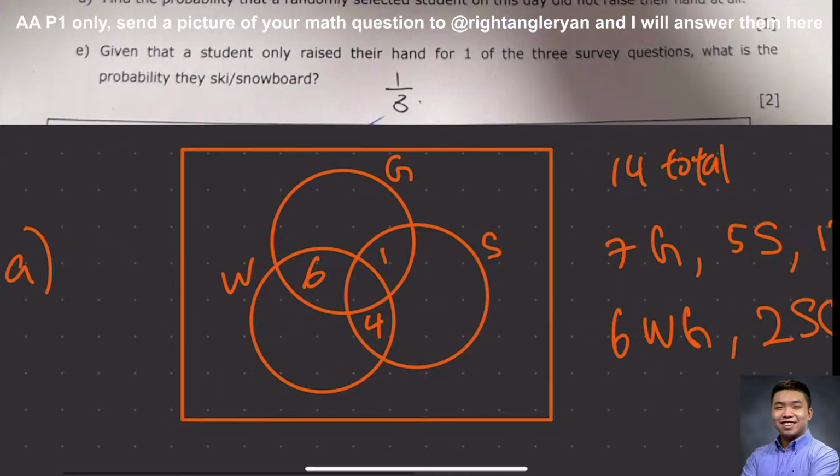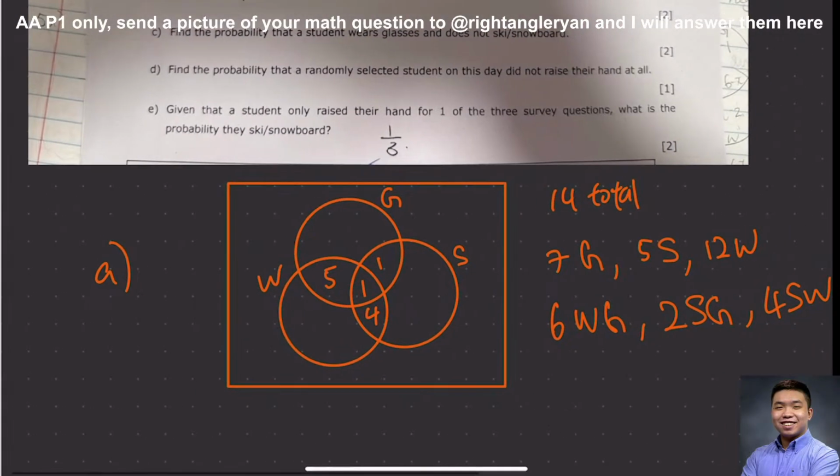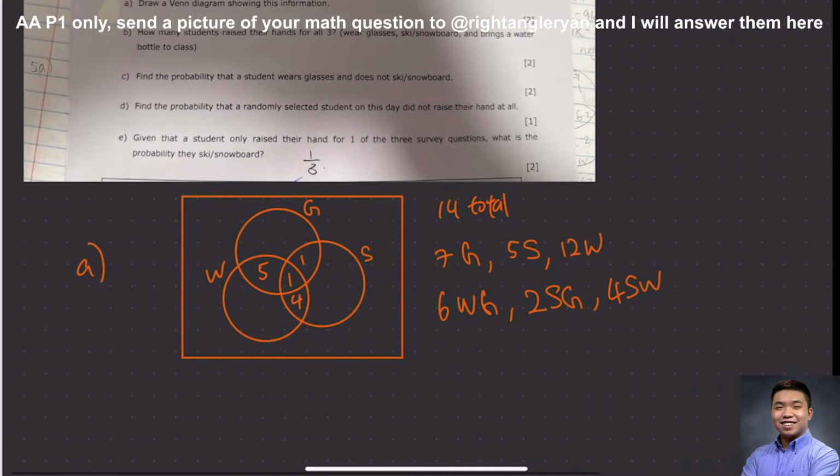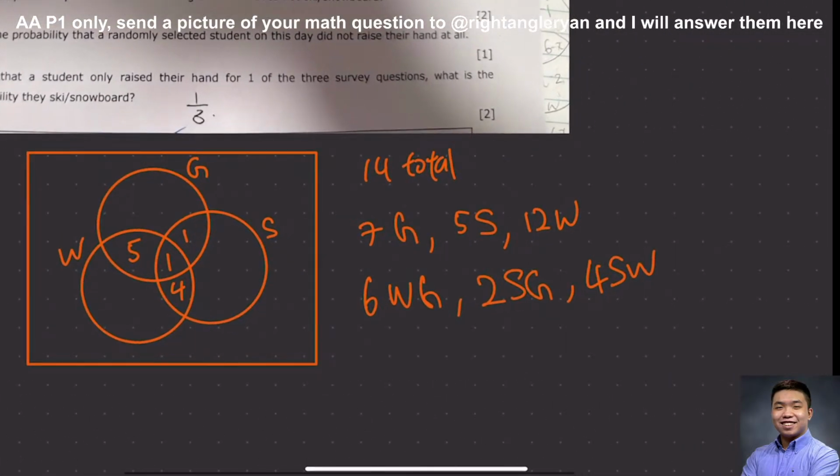So let's say I have 1 here, and 5 and 1. Does that work? Do I have 5S? That doesn't work, so we can't put that there. 5, 7, 5, 12, 24. So can we try to put